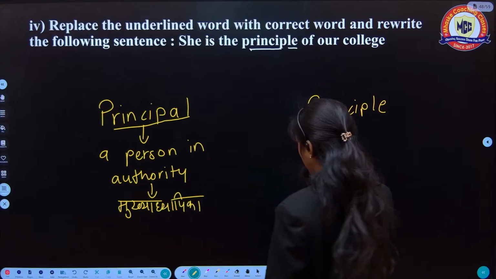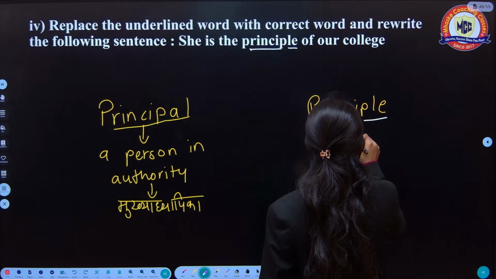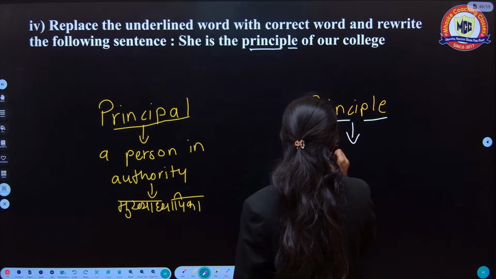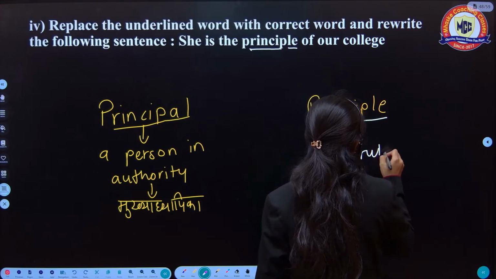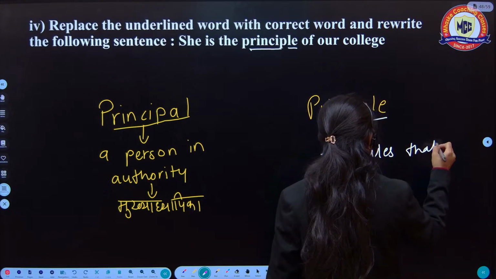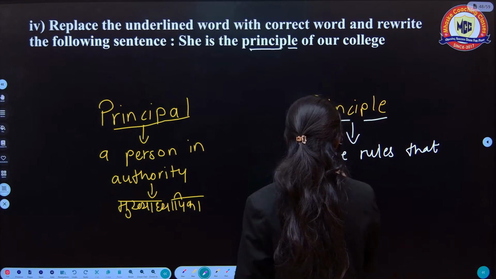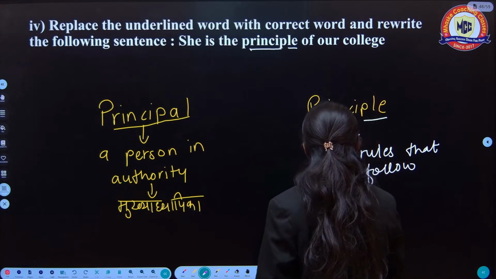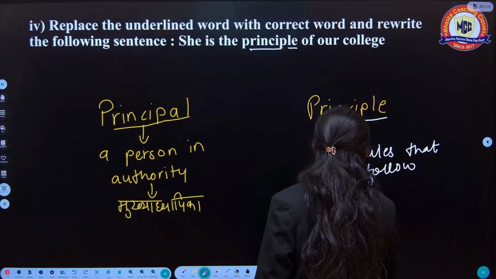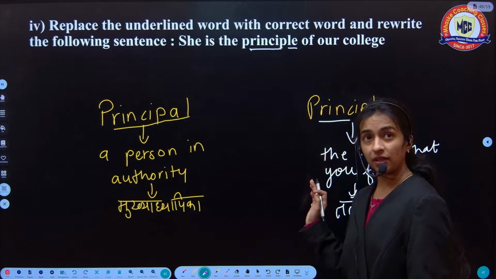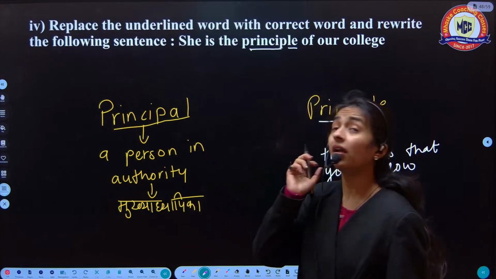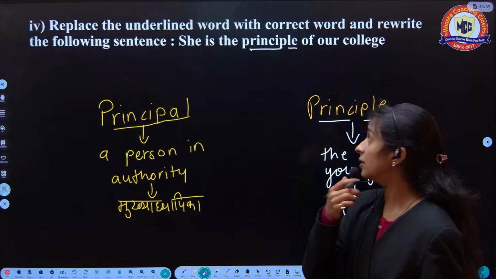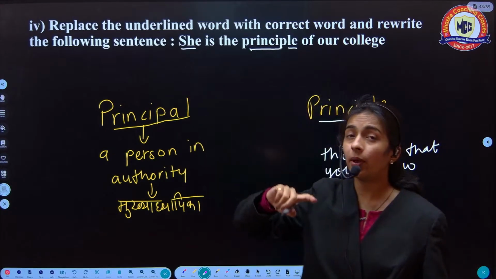And this principle means the rules that you follow or the values that you praise. Okay, which means तत्व or तत्वे. सो हे म्हणजे तत्व आणि हे म्हणजे मुख्याध्यापिका. या सेंटेन्स मध्ये शी इज प्रिन्सिपल ऑफ आवर कॉलेज, टॉकिंग अबाउट अ गर्ल. व्हाय? बिकॉज इट्स अ शी, टॉकिंग अबाउट अ गर्ल,